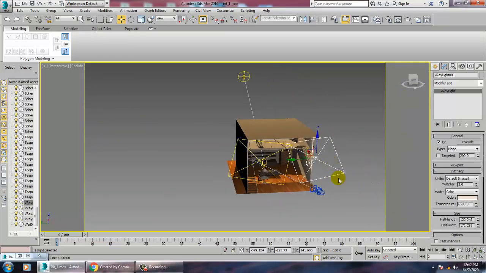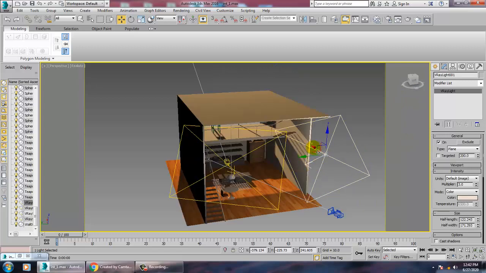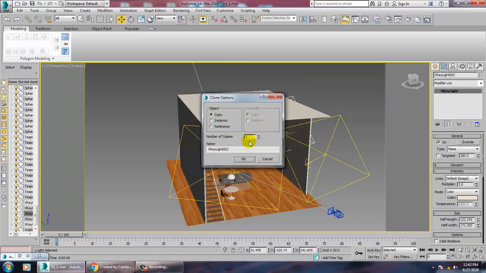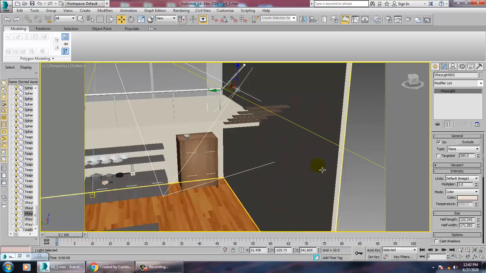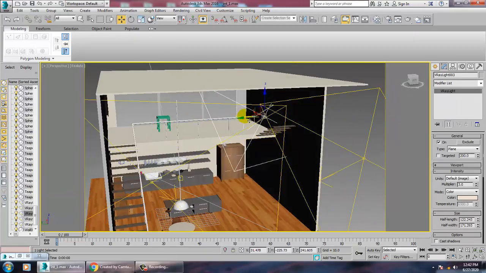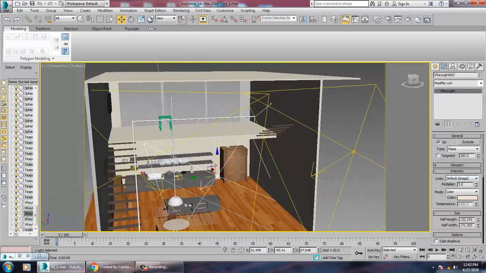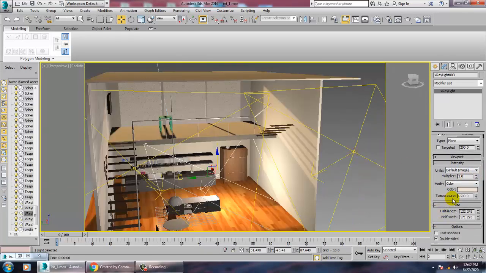So what I'll do is take a copy of those lights. This is just a supporting light, so I can convert this light into a dome.